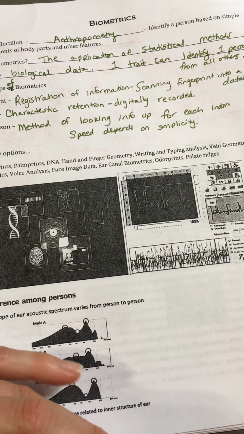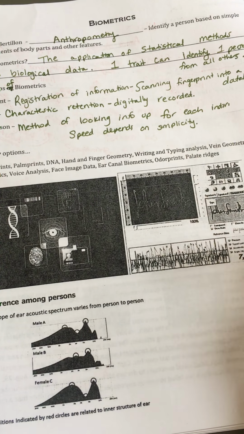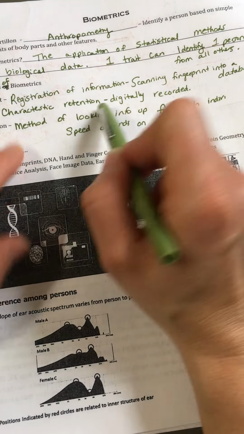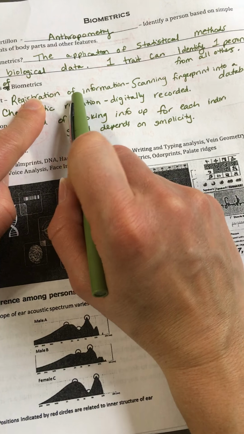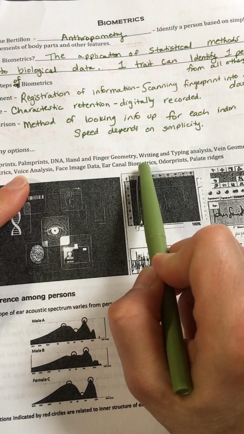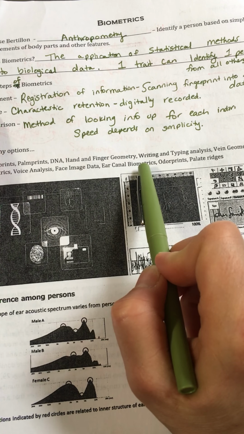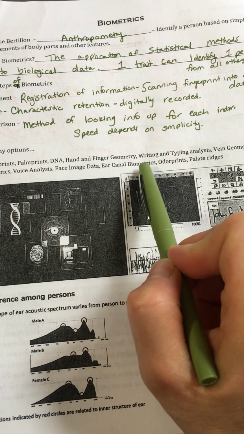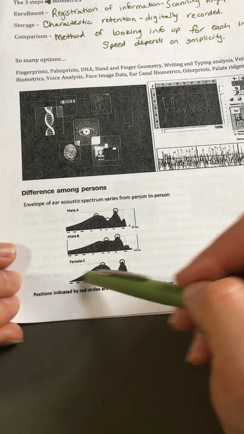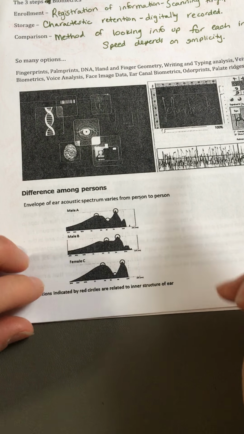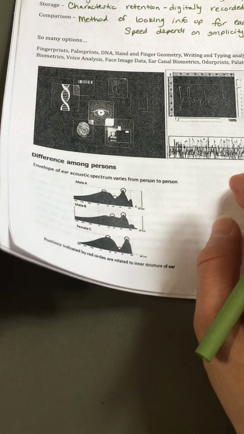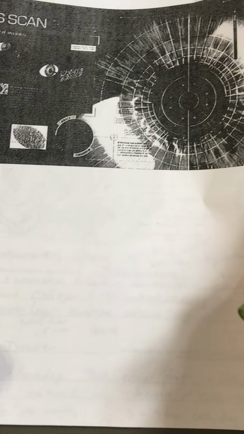So that is where we're heading. I don't know, this part doesn't really work too far into the class because we're not using all of this. The reason is we actually don't have all of this information registered. None of us have had our ear canal biometrics taken. Nobody knows what our ear canals look like. So we don't have the enrollment of the information. So this isn't something that's used tons, but here's a little bit on voice analysis and different ear acoustics from different people. So that's pretty cool. And here's an iris scan,